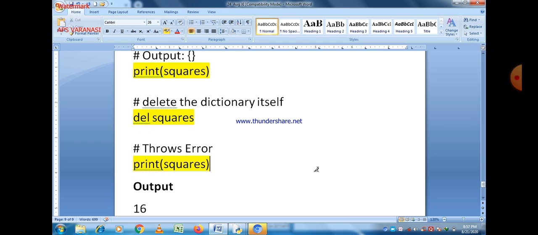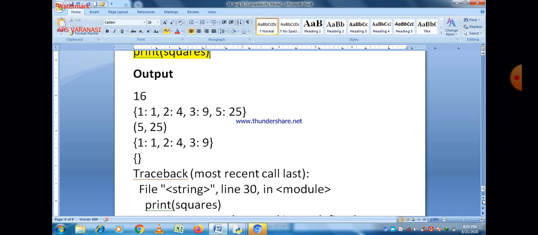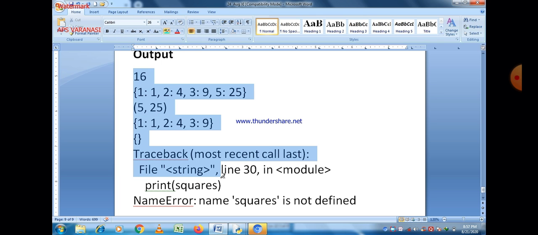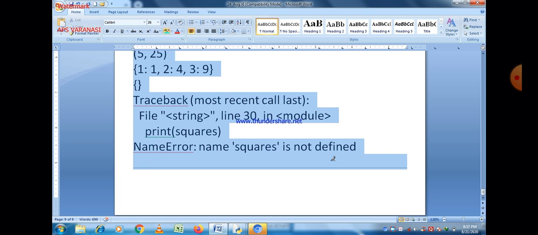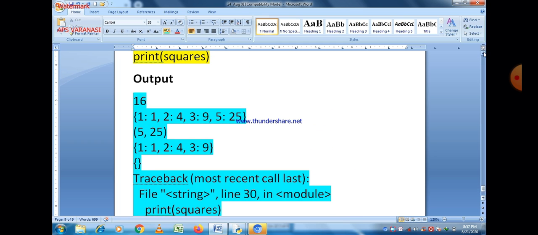Next, if you want to delete the entire dictionary, then use the del keyword for that purpose. And after that, if you want to print square, then an error will be raised. So that is the output of the program. Using the del keyword, you are able to delete a single element as well as the entire dictionary.